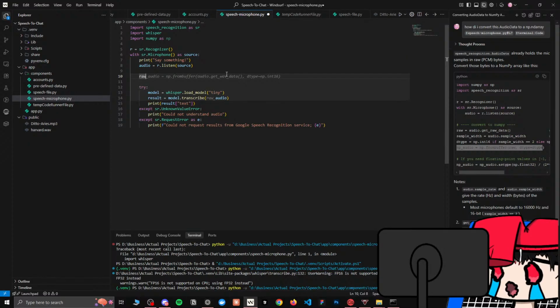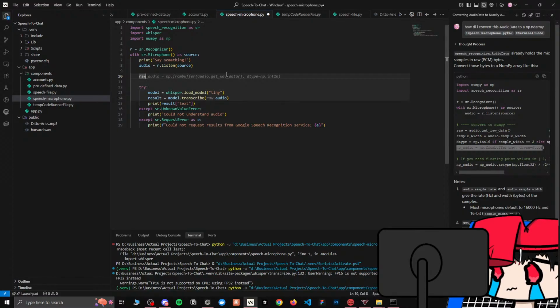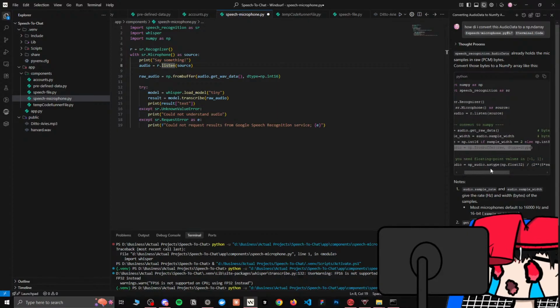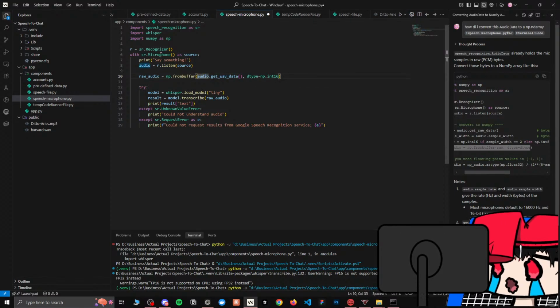He just directly does it. What the hell? Get wave data. Audio get wave data. Okay, maybe they have an inbuilt function for np from buffer. So np from buffer is what actually does that. Then we have audio dot get wave data. Maybe it's something that comes with